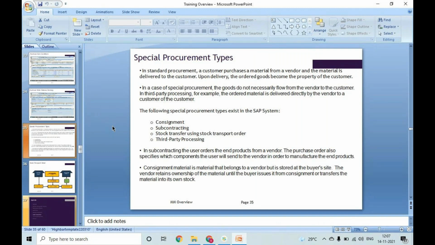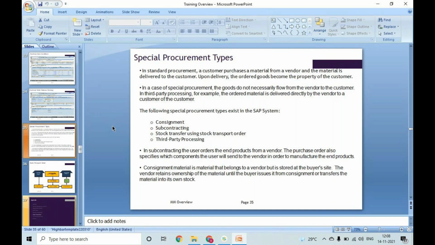And the vendor, what he will do, he will dump the material in your plant location. And as and when required, you will be taking that coal and consuming it, partly, and for the consumed coal only you will do the payment. Monthly you will do payment, or half yearly, quarterly, whatever it is.